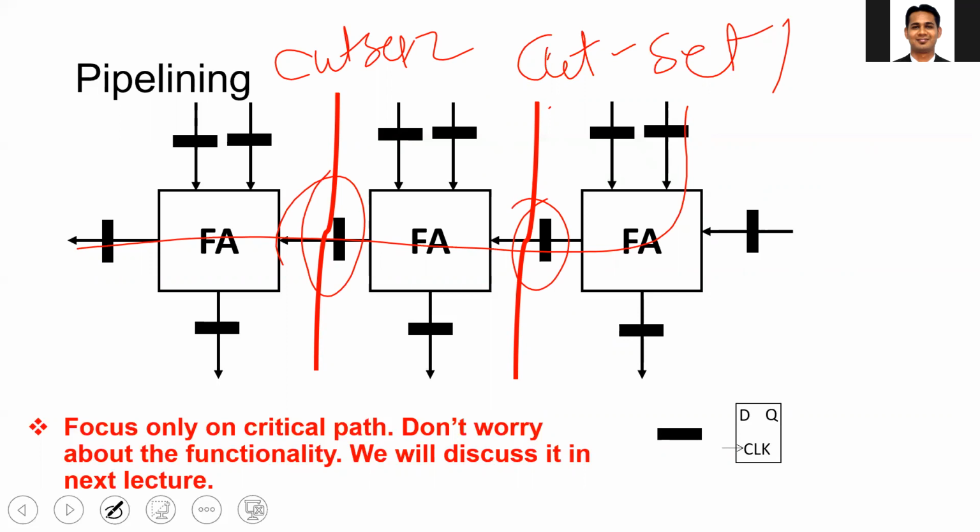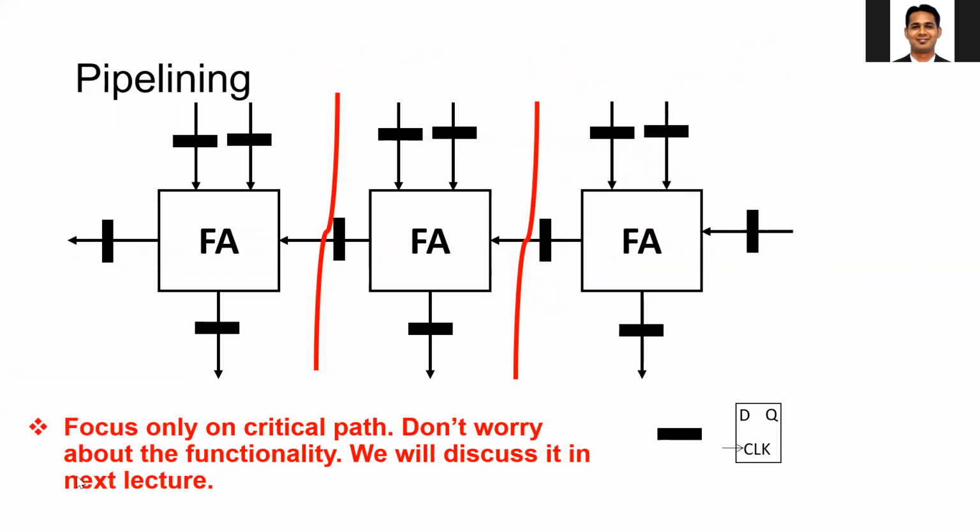I added the flip flop register here, and now your critical path is divided into only one small full adder. Your critical path, which is the path between the 2 registers, consists of only one full adder. With this circuit, you can see that the clock period can be reduced further. In the previous case, your critical path consisted of 3 full adders, and now it consists of only one full adder. When you implement this circuit in the lab, you will get better performance in terms of clock frequency.